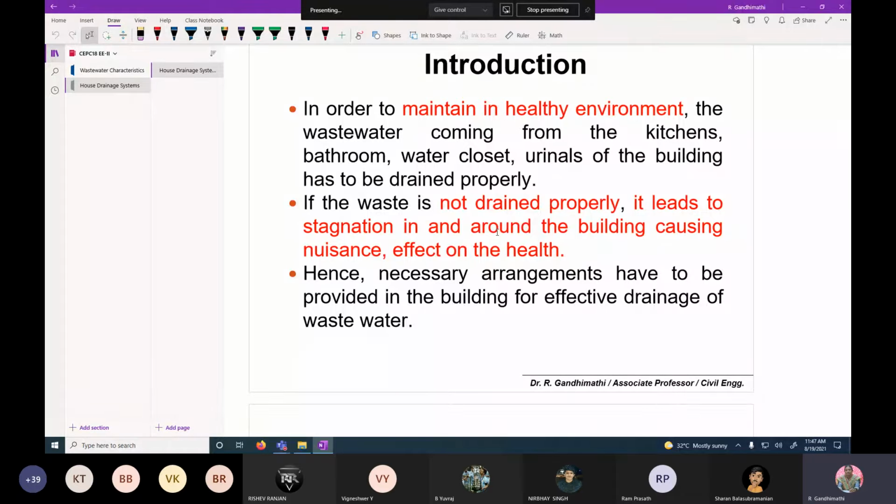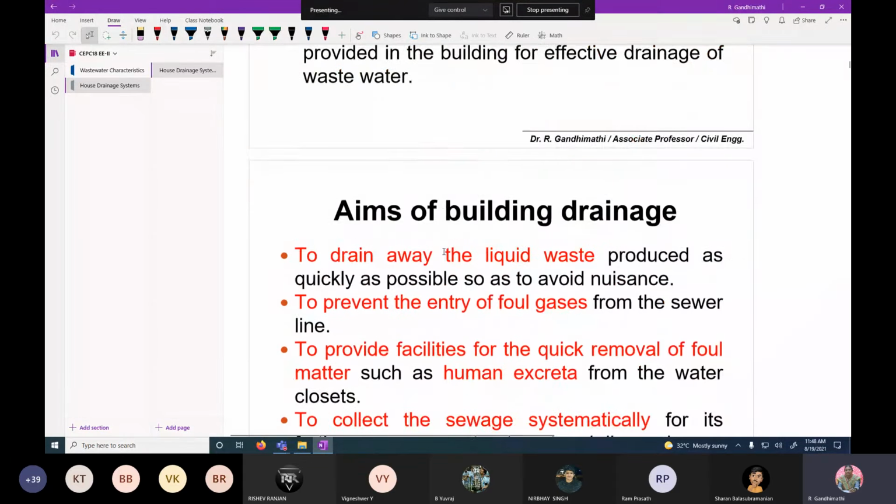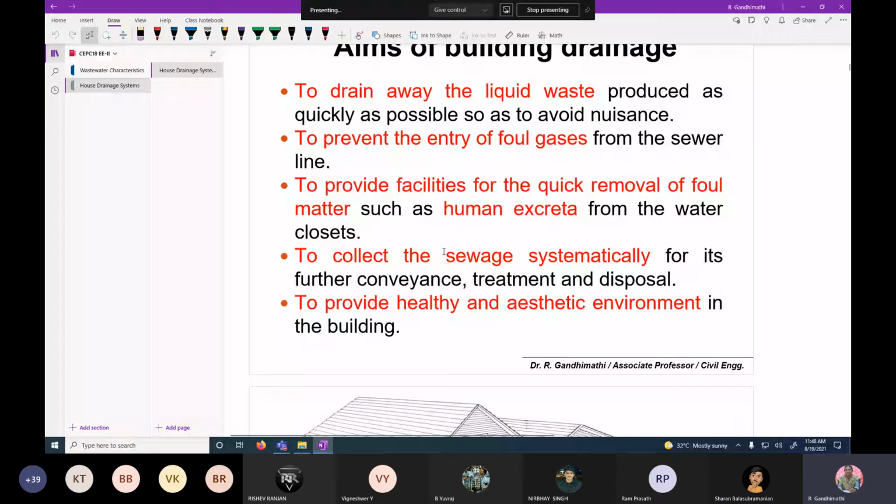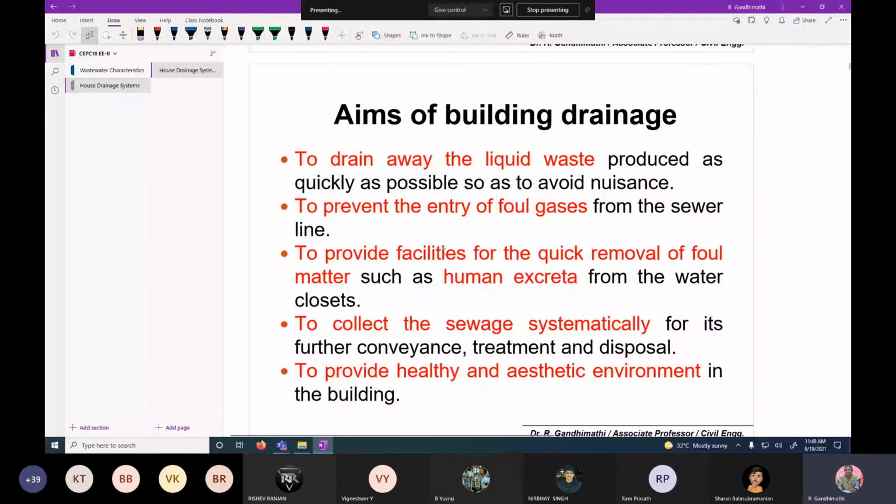Coming to the aim of building drainage, it is to drain away the liquid waste produced as quickly as possible. That is very important. Otherwise, if you are storing it for some time, then it undergoes decomposition. It produces a lot of foul gases like methane and carbon dioxide, sometimes hydrogen sulfide. Therefore, it is very, very important to drain the liquid waste as quickly as possible to avoid the negative